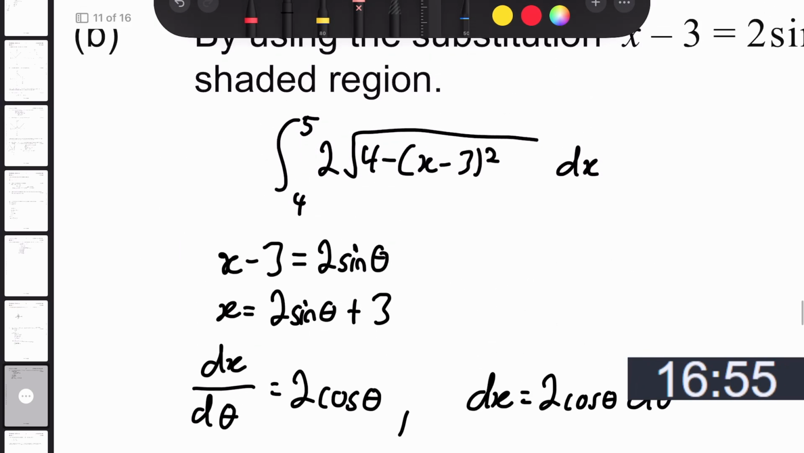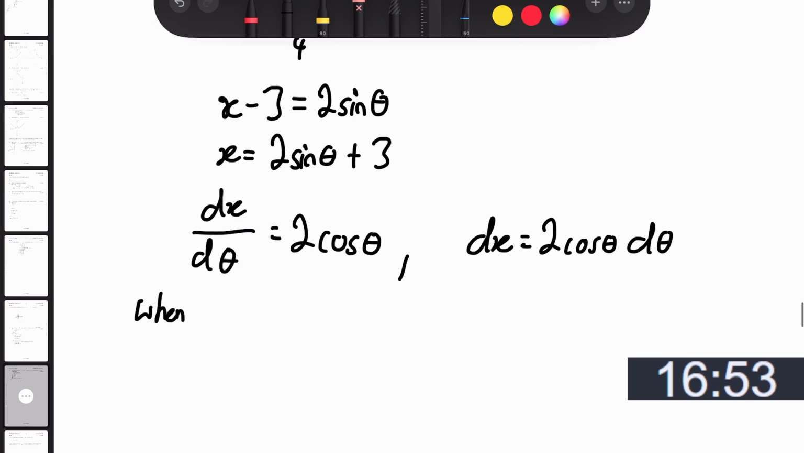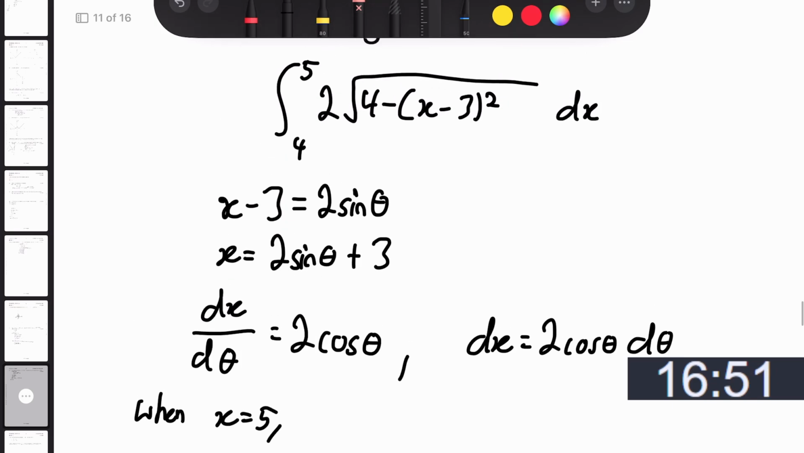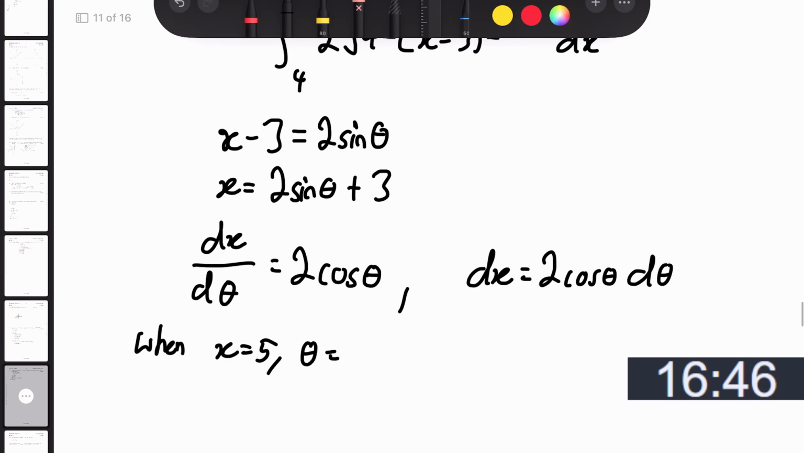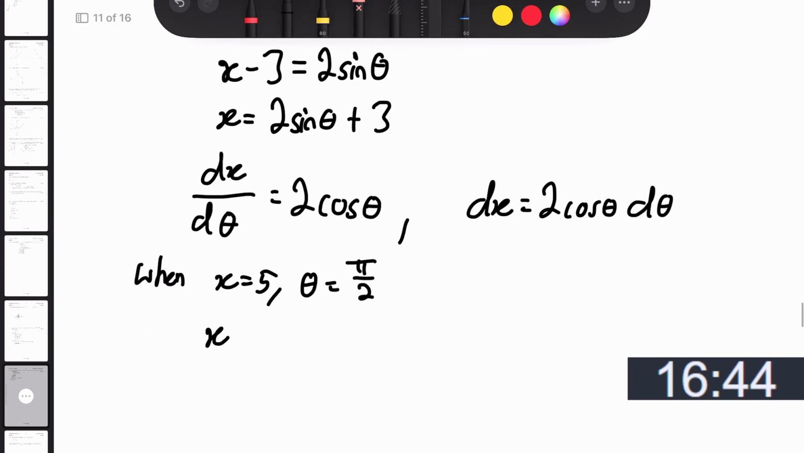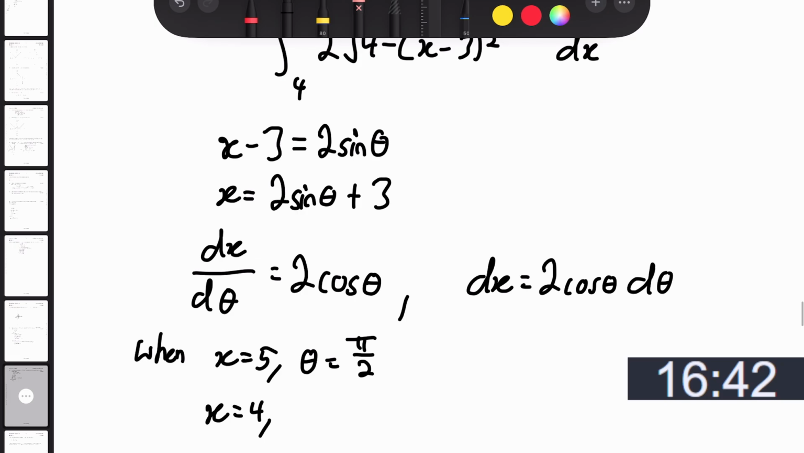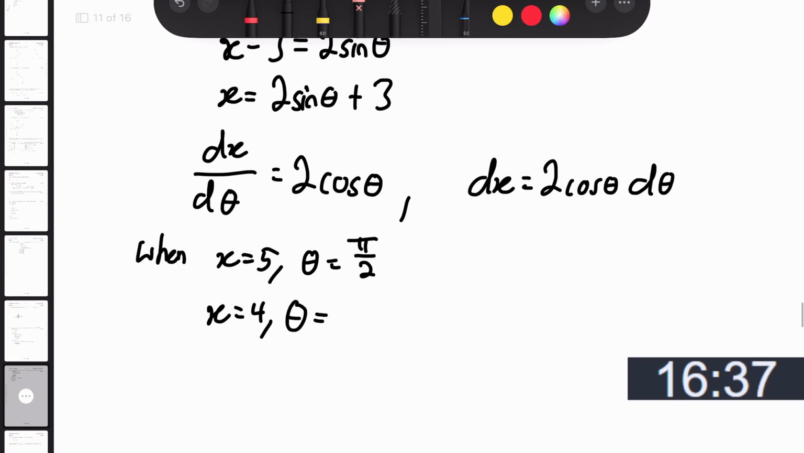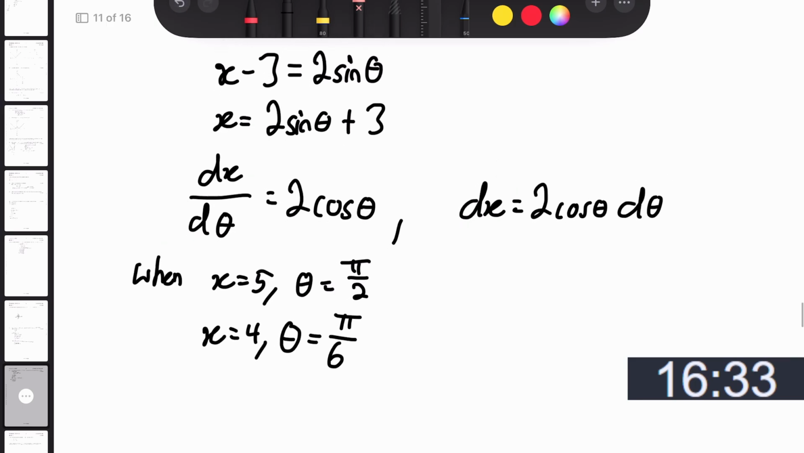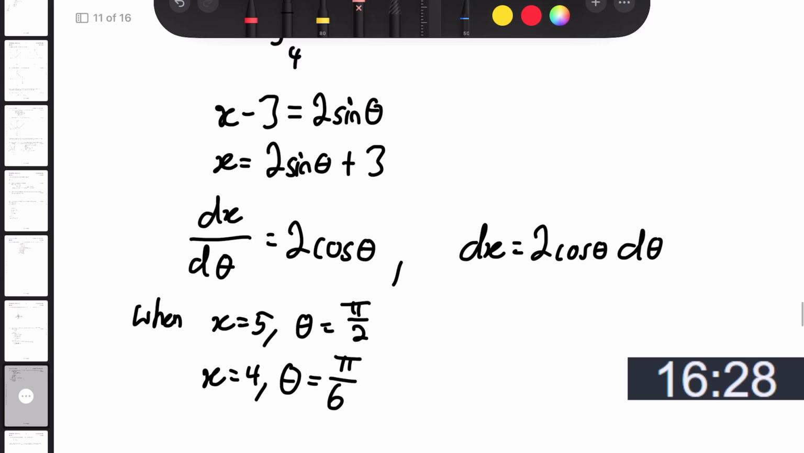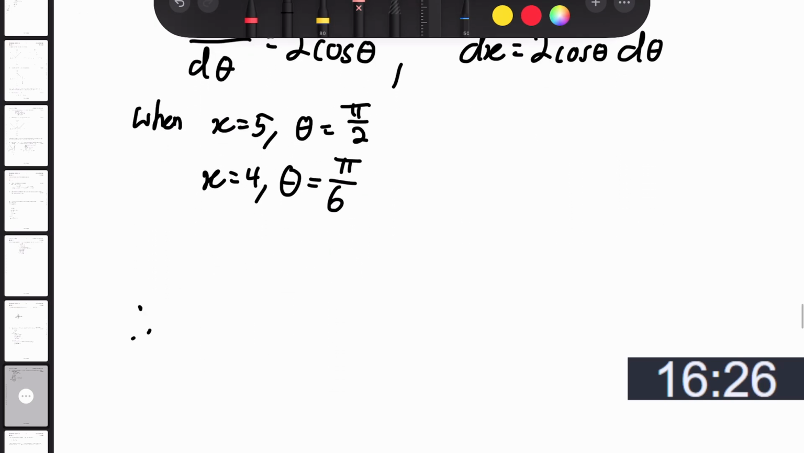Then let's find out bounds. When x is equal to 5, we have x minus 3, which is 2, so sine of theta is equal to 1, so theta is equal to pi on 2. And then when x is equal to 4, you have 1, so sine will be a half, and then theta will be pi on 6. You need sine of theta to be a half, so you need 30 degrees, okay? Therefore, we're going to have from pi on 6 to pi on 2,